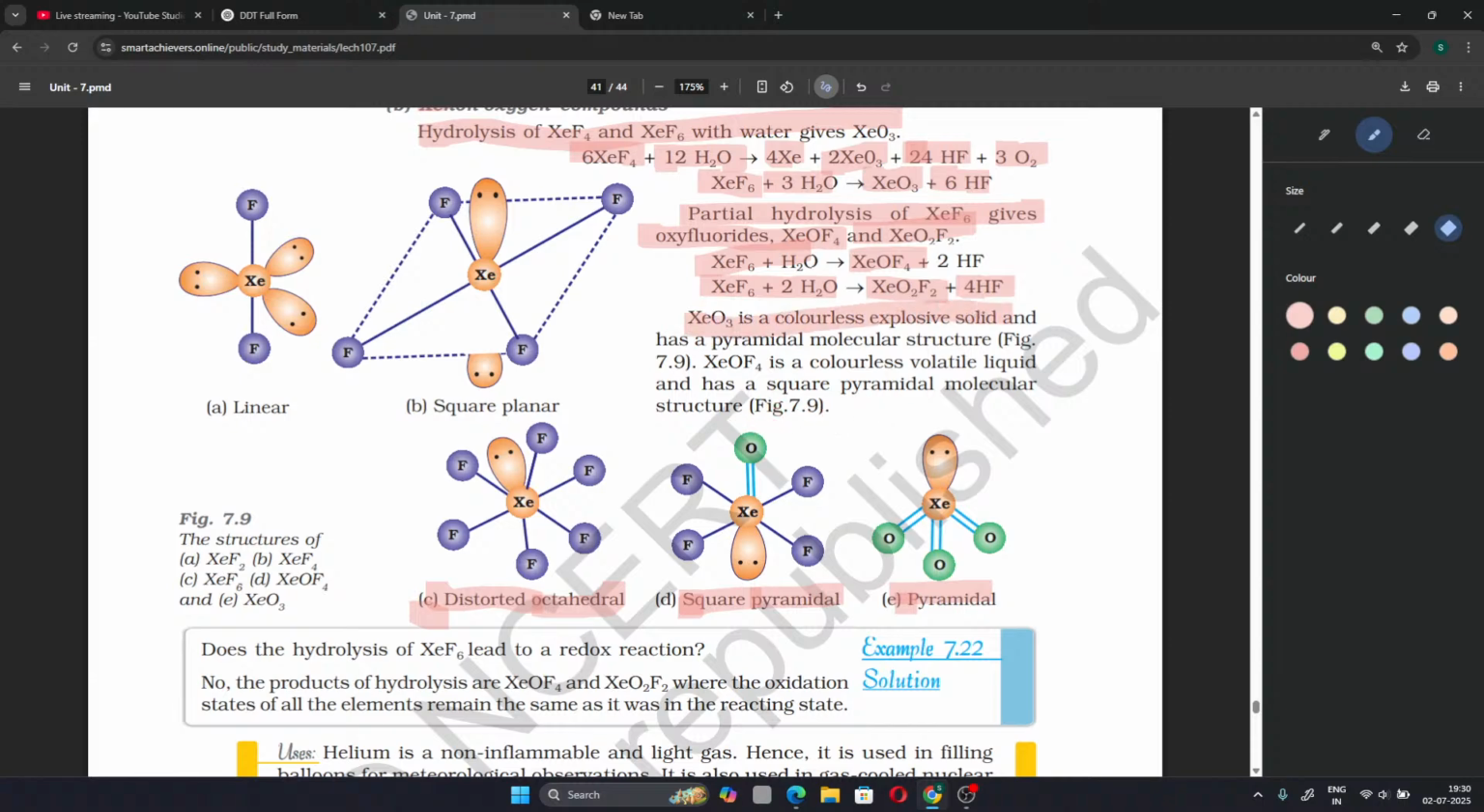XeO3 is a colorless explosive solid and has a pyramidal molecular structure. We saw many explosives in this chapter, where the first one was phosphine, the second one was, I think it was I